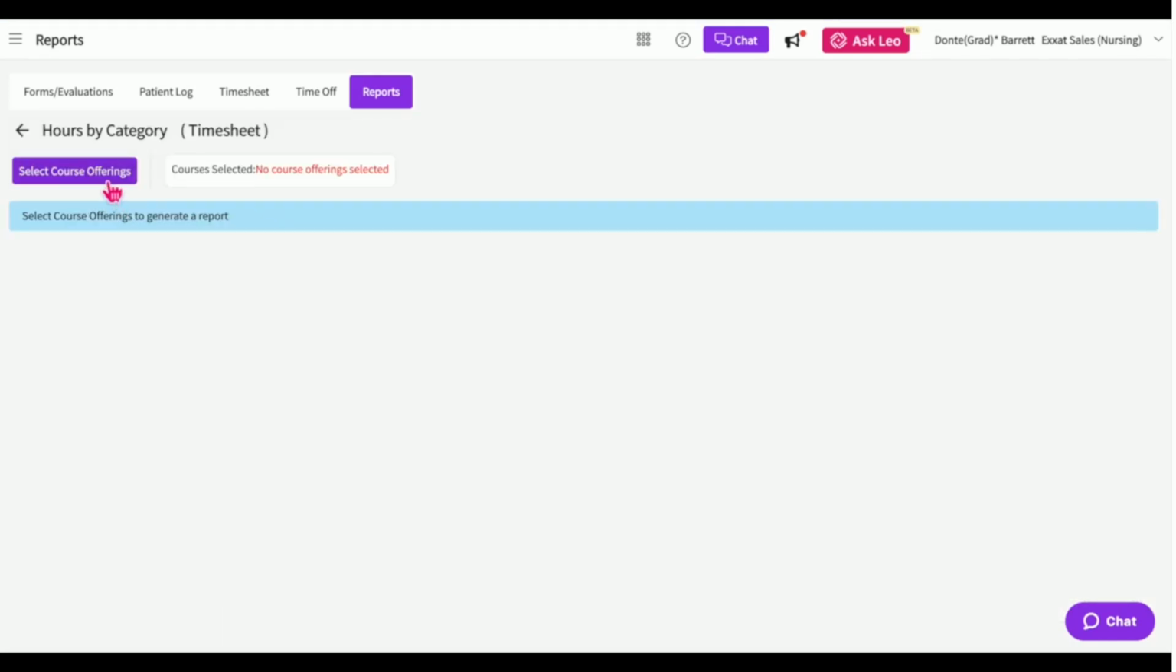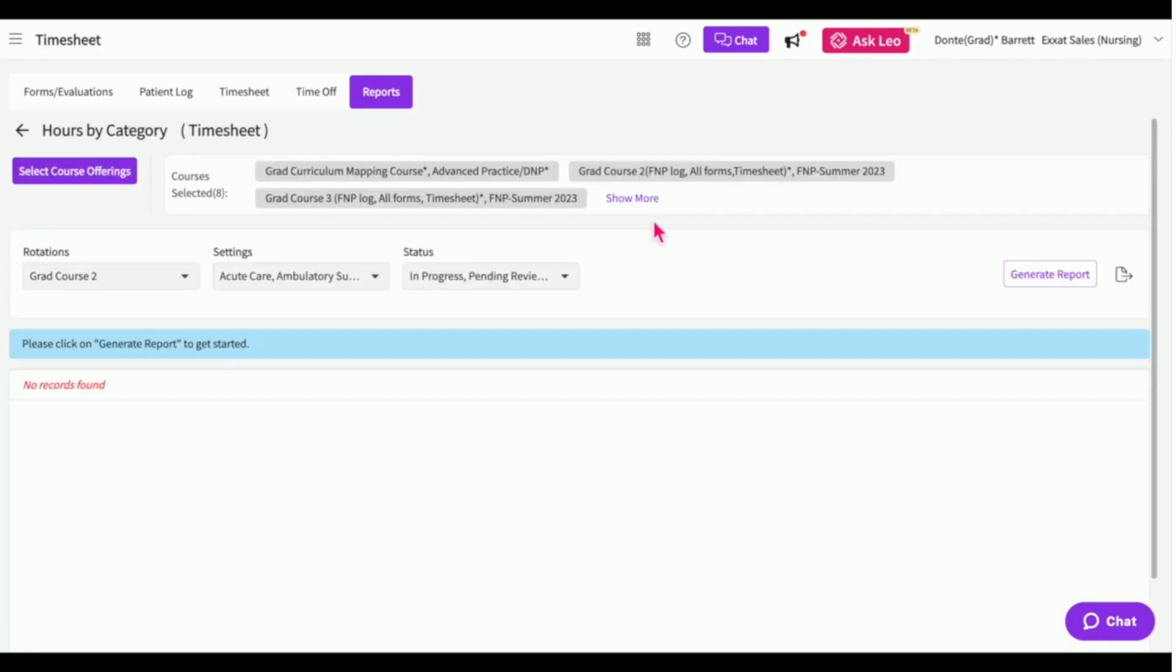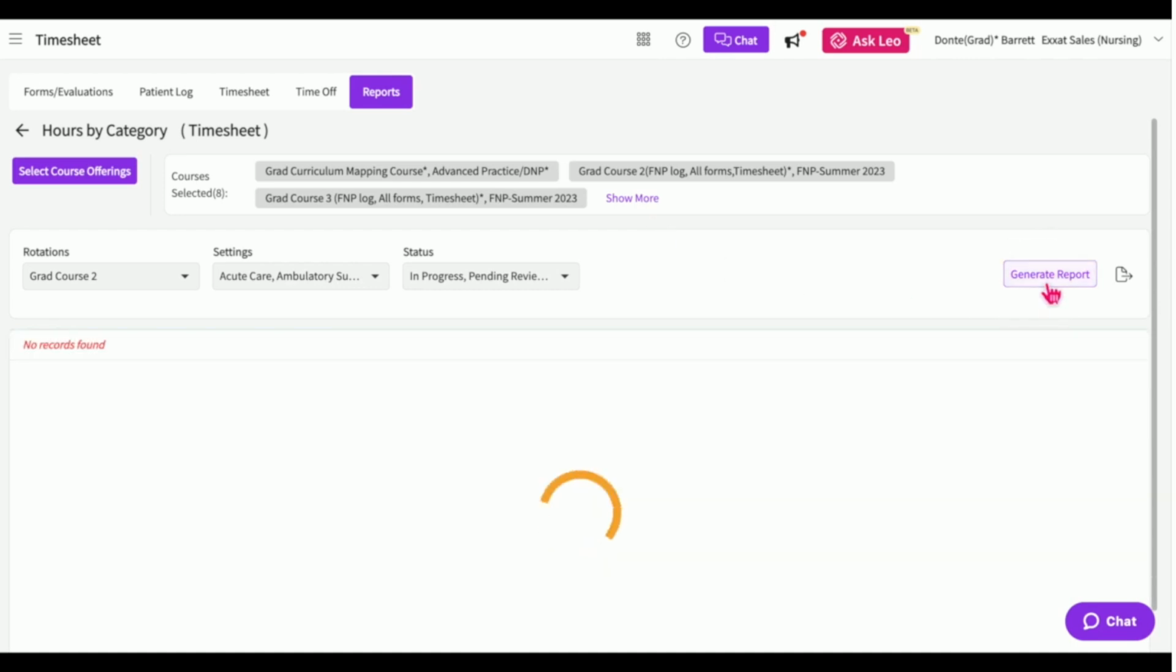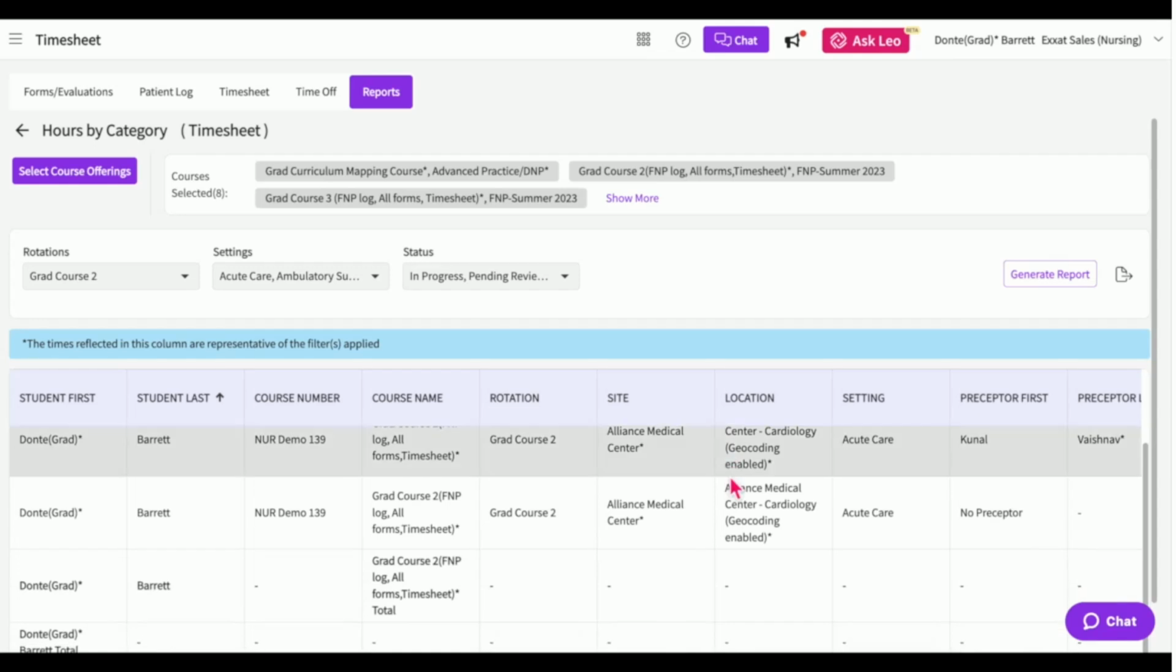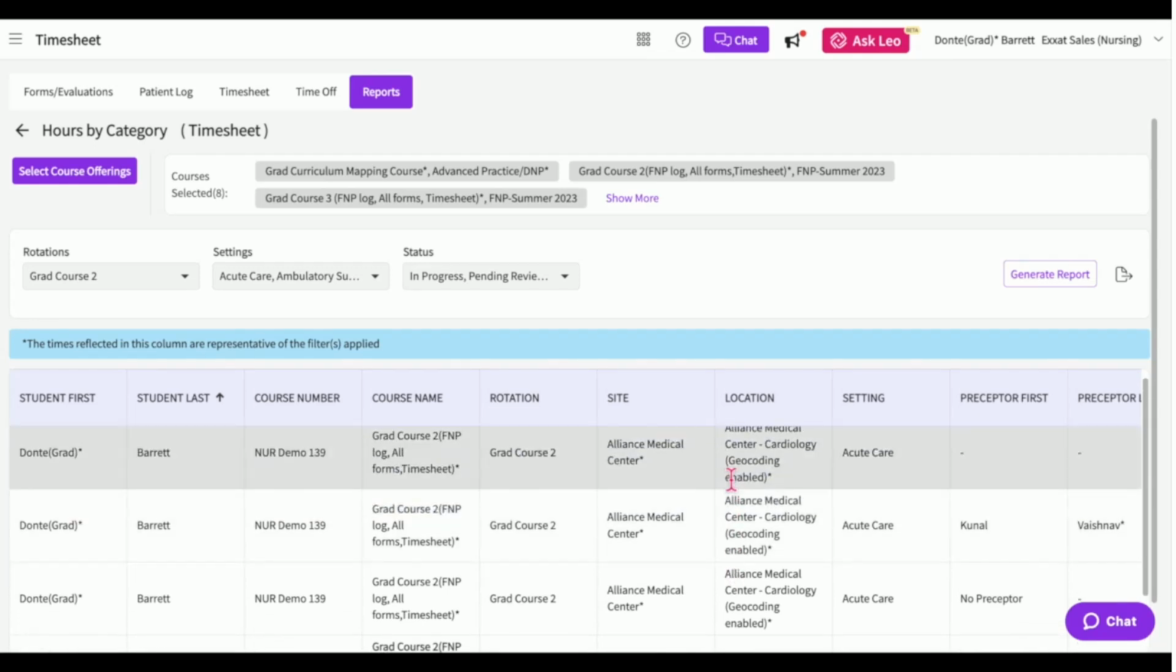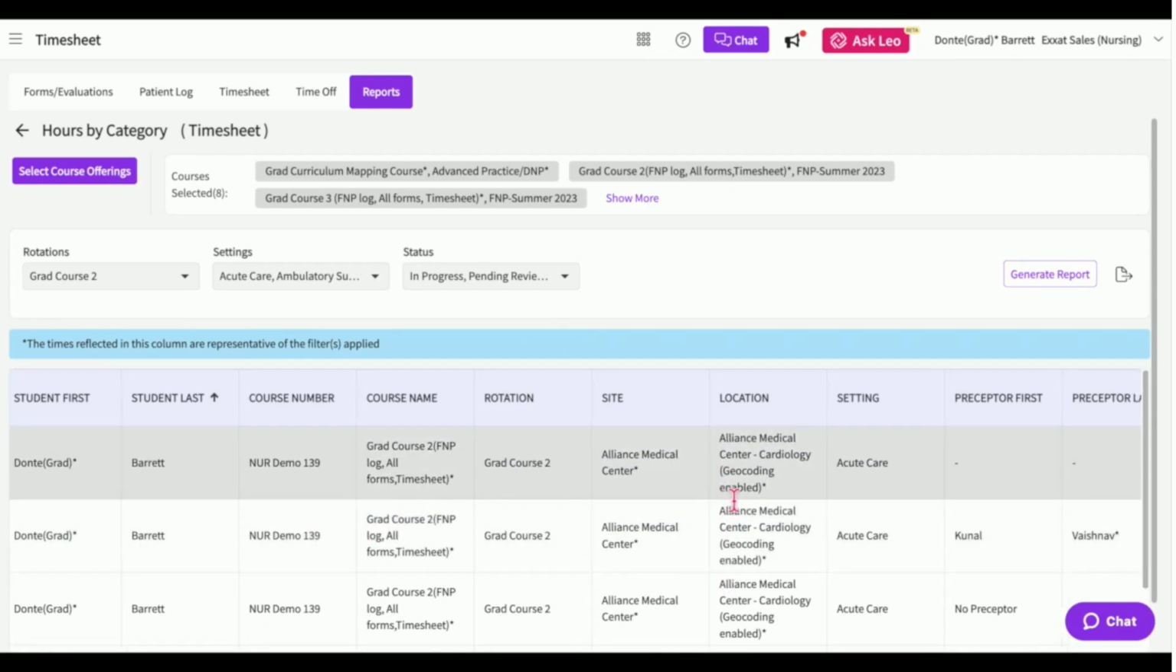You will then need to select the courses that you would like to run the report on and configure the report options. After you have configured the report, click on the Generate Report button. The table below will display a row for each of your selected placements. You can view your placement information in the first few rows, then scrolling right there will be a row for